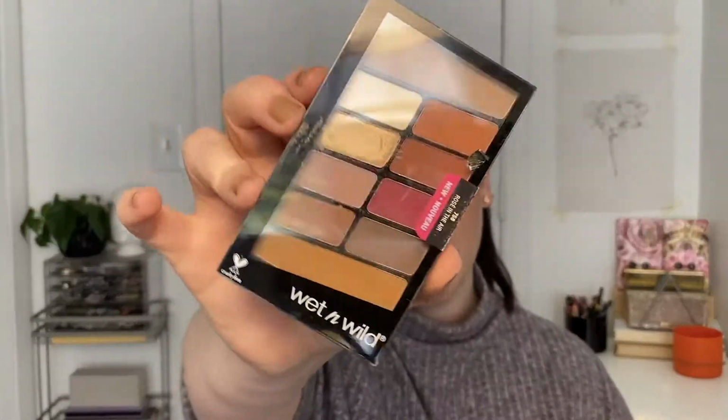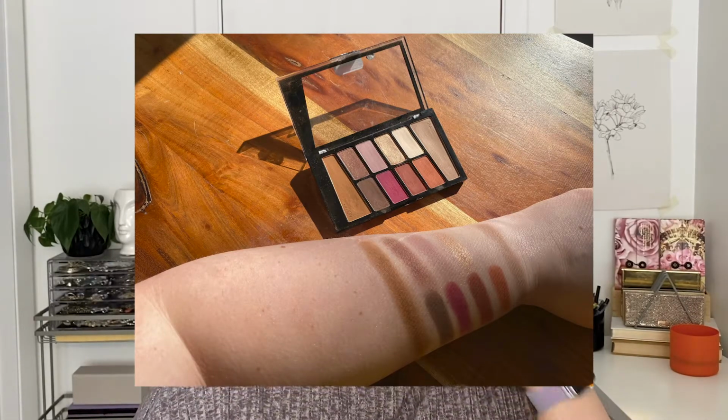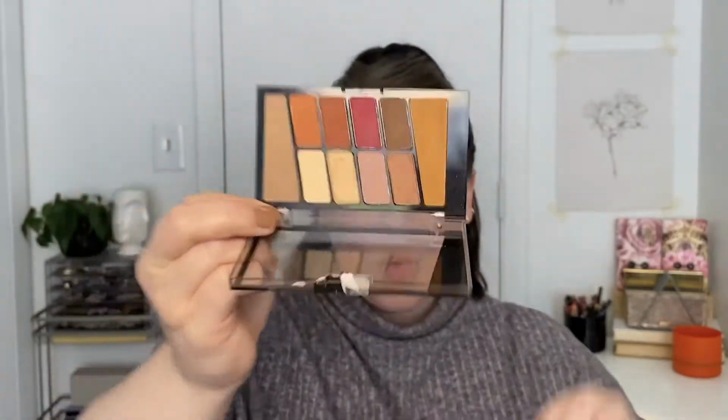The next one I have here is an oldie but a goodie. It is the Wet n Wild Rosé in the Air, which was of course supposed to represent the ABH Modern Renaissance. So you have lots of nice warm colors in here, a little bit of a cool tone, but overall these are very warm, and the shimmers in here are just enough to give you a little bit. So you have kind of a burgundy bronze shade and then a pale gold,